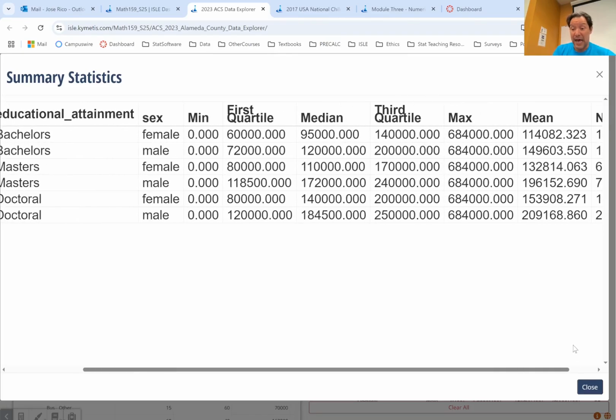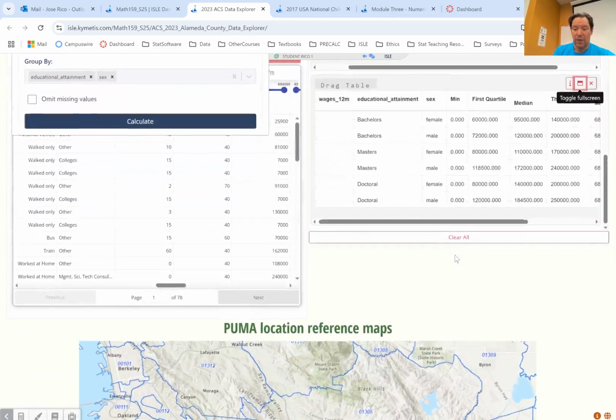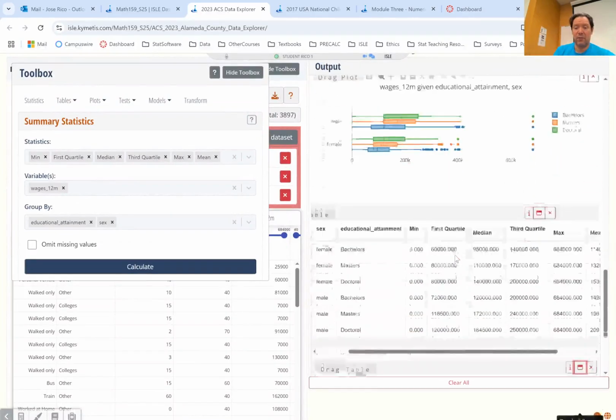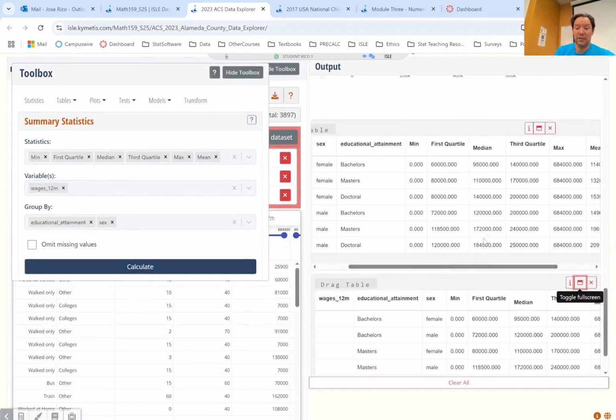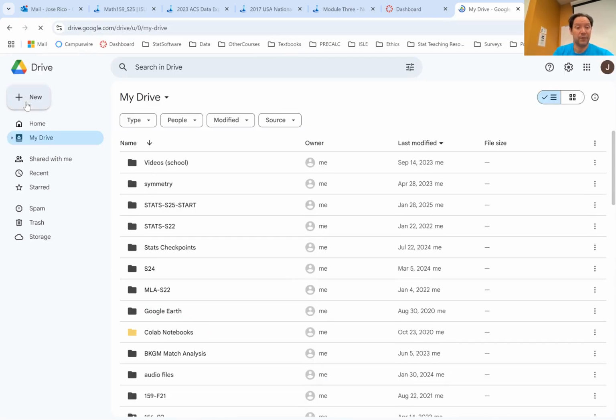Again, it's a lot of information, so you have to kind of think about what do I want to focus on here. What I will often do in analysis like this is I will maybe just focus on the medians, and I'll take this data into a Google Sheet and I will just focus on the median wages. So for instance, this is what I would often do when I'm doing a 3-variable analysis. It just gets really complicated fast. So what you often will do with 3-variable analysis is you'll go into Drive, you'll create